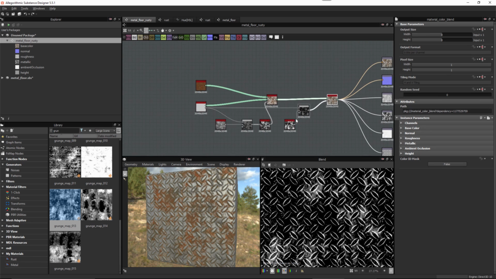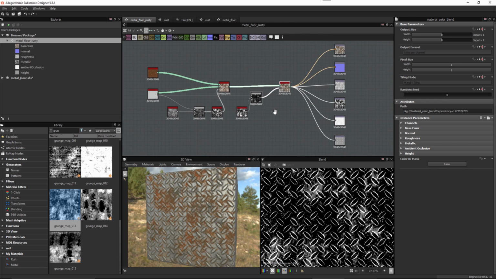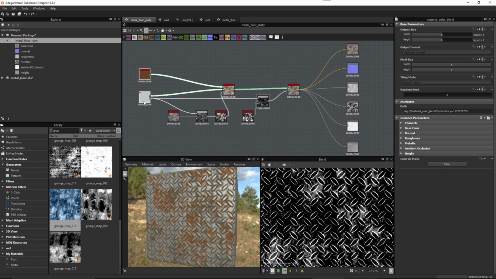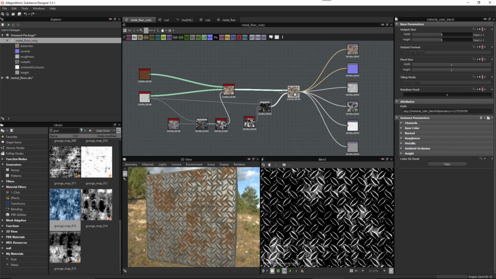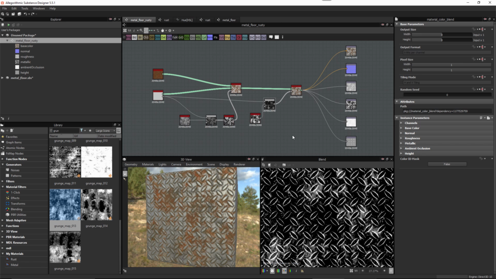And again, if we zoom out, the graph is very simple to work with. It's very readable. We can see that we're blending our materials. Here are our masks that we're generating. And then we're just outputting here, well, our outputs. So now we'll just create a few parameters so that we can create this complex material as more of a